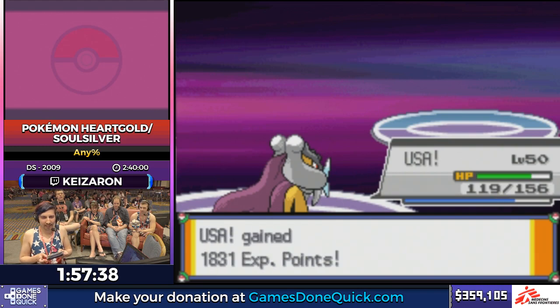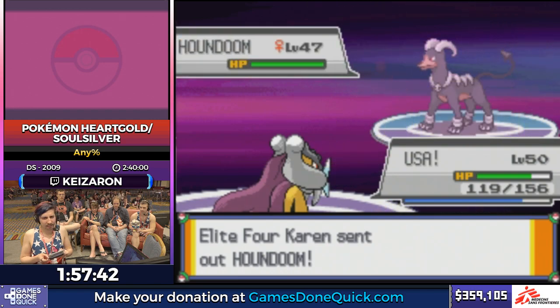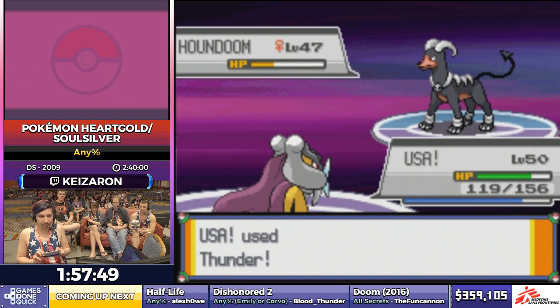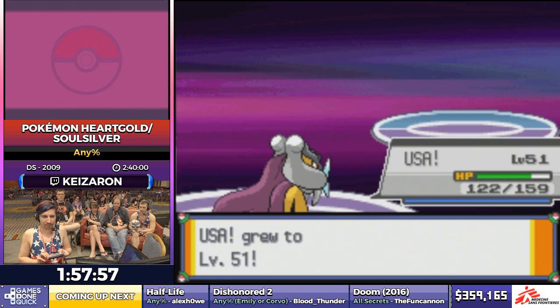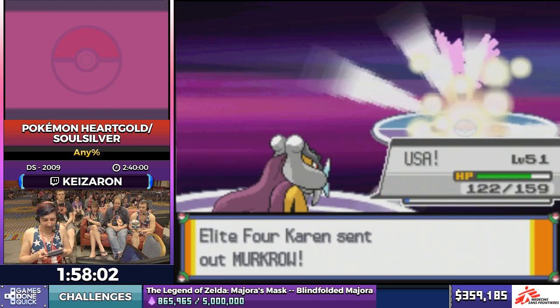Because what's coming up next is a Houndoom, and it has Nasty Plot. And then it has, I can't remember if it's a Dark move, but it has Flamethrower. Dark Pulse? Dark Pulse, that's right. After a Nasty Plot, he would kill us. So that's good. That wasn't terrible. We didn't have to reset, for what that's worth. My Thunder PP is kind of gone, but...